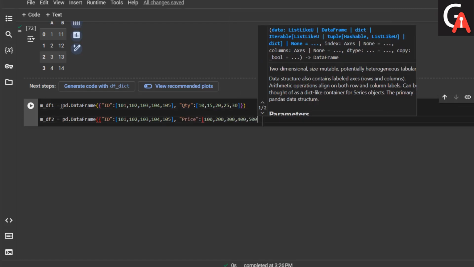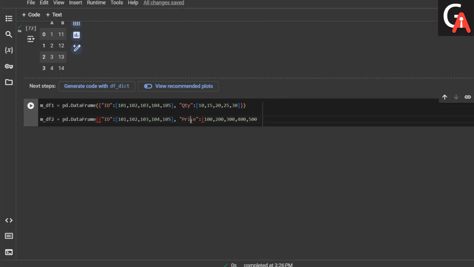Let's take 30 as well. So df2 is there again. Okay, and df2 has the same id column, and price is there for each of these: 100, 200, 300 and 500 we have. Let me close all of these. Okay, we have created two dfs, df1 and df2, and want to combine the data according to the